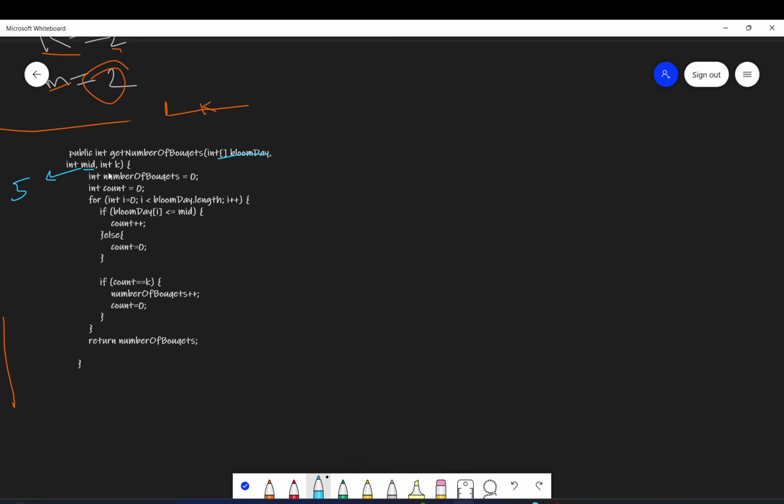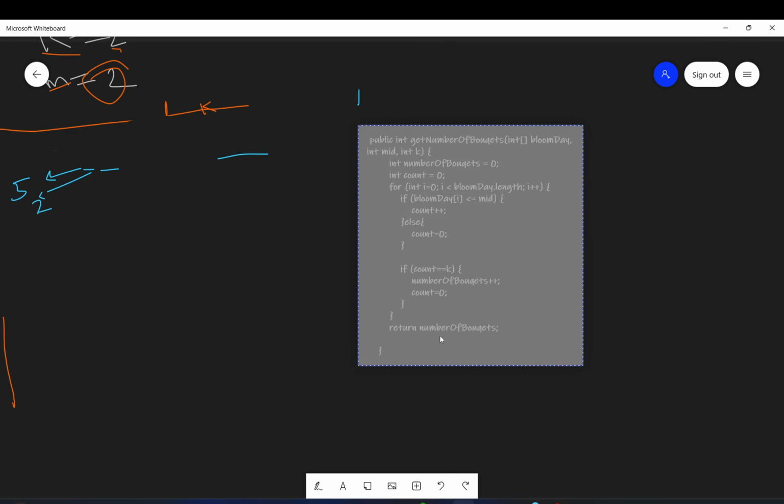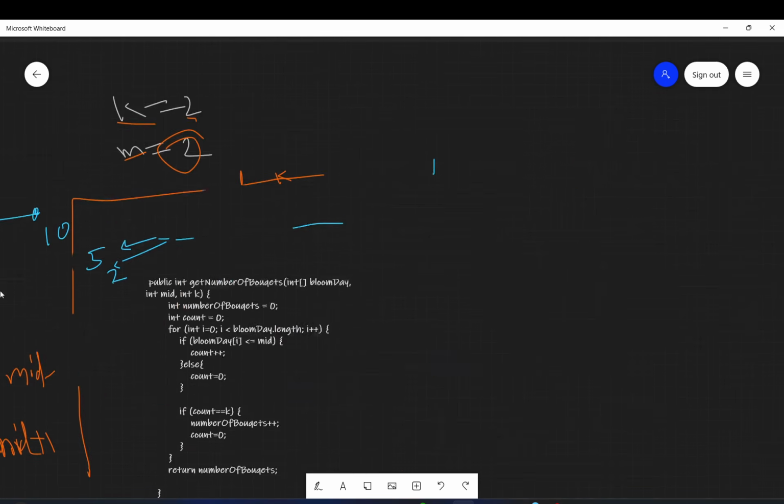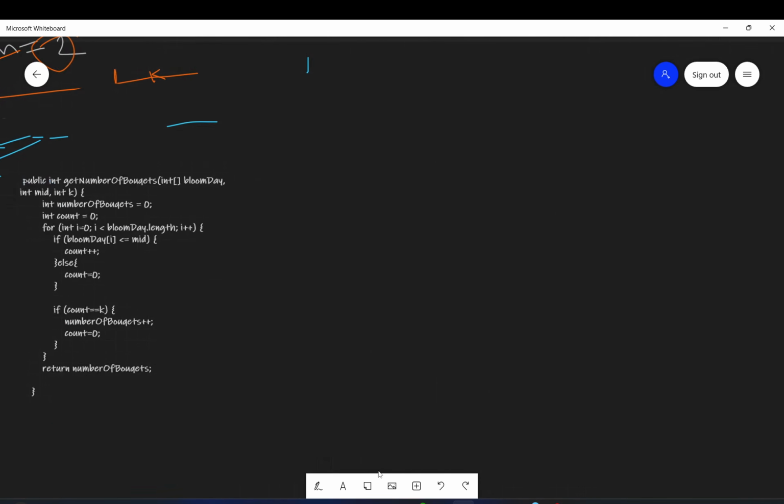That 5 days are given and k is 2. You will find out how many bouquets can be made. Initially you will take the number of bouquets as 0, count is 0. You will start iterating. Let me write the bloom day array here also. The bloom day array was 1 4 10 3 2.